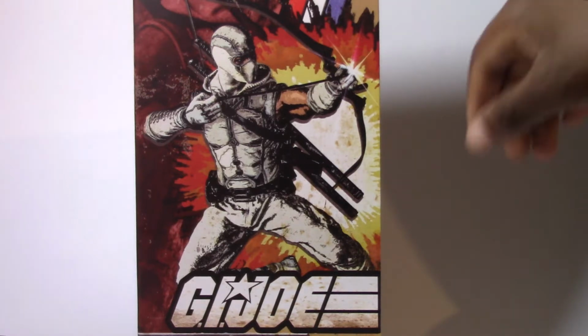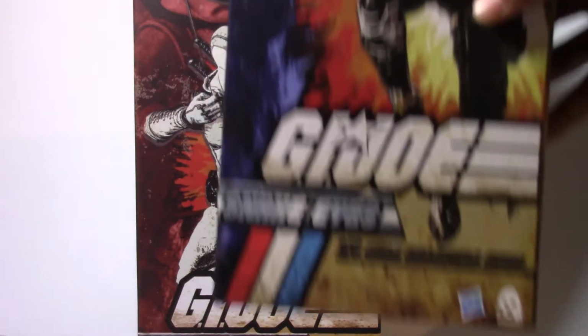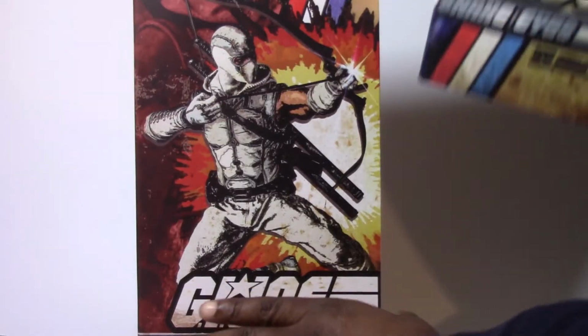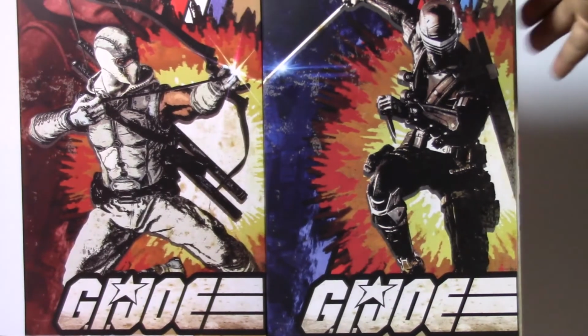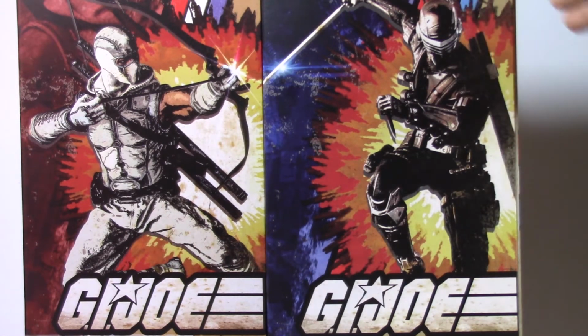Here we have the box, and the box art is very similar to what we saw with the Snake Eyes figure. It's great because it's a throwback to the 80s Real American Hero toy line. If you put them together, they do look good side by side. The artwork looks very consistent. Essentially, it's just a product shot of the figure itself, but having that explosive effect behind them really harkens back to